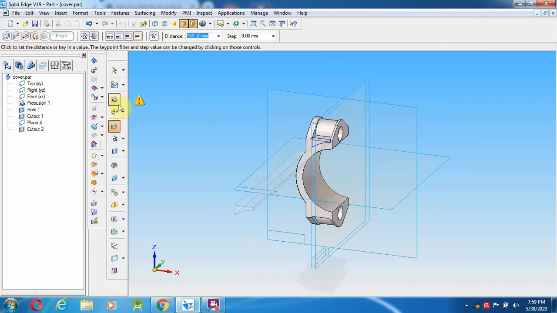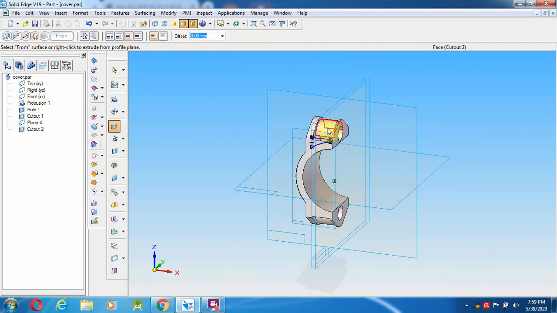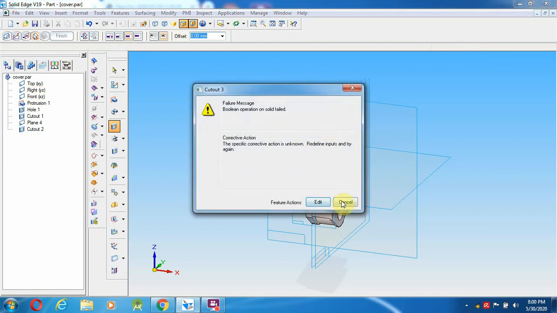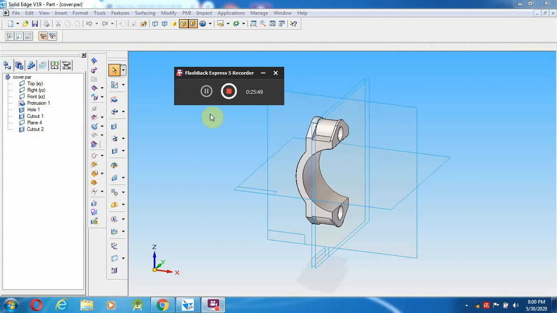So how to go with this? We will check from-to extent up to this particular surface. It is not possible, so we will try another method.